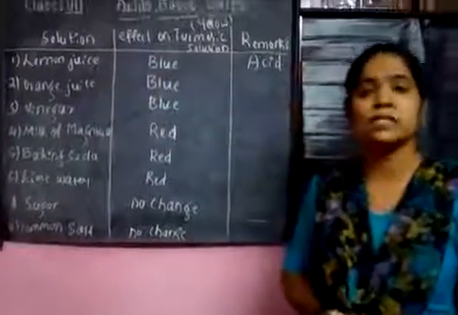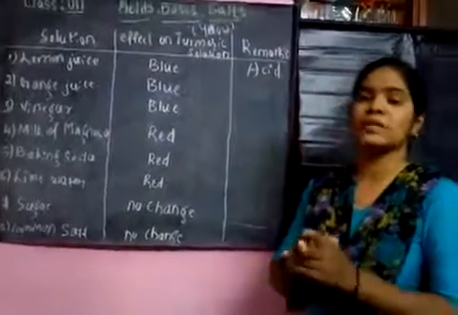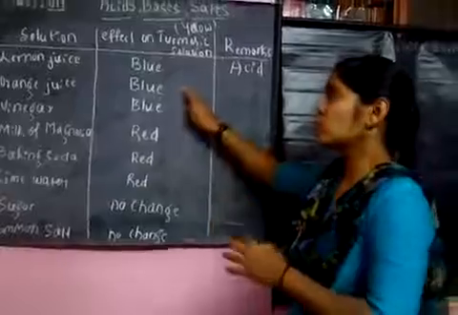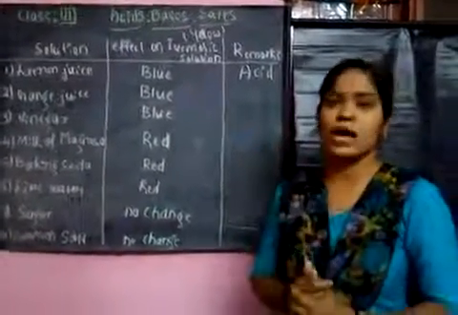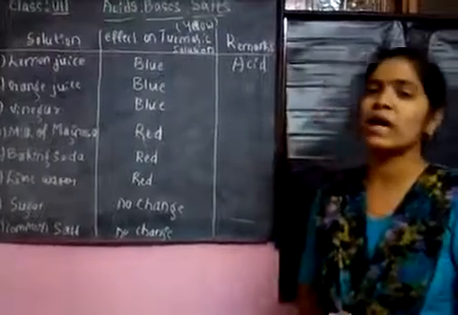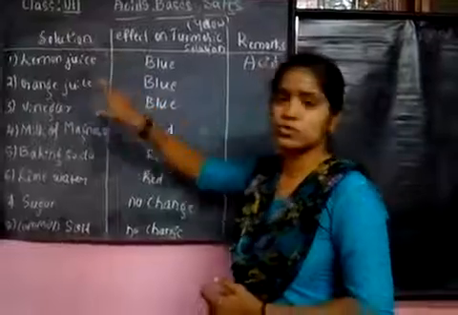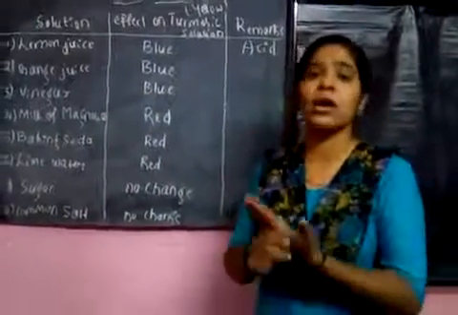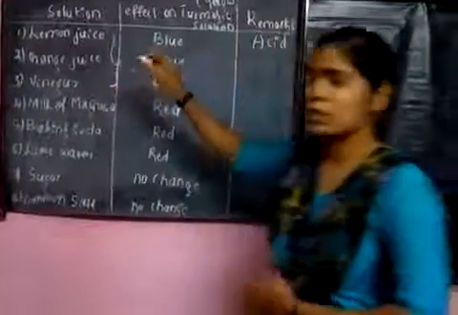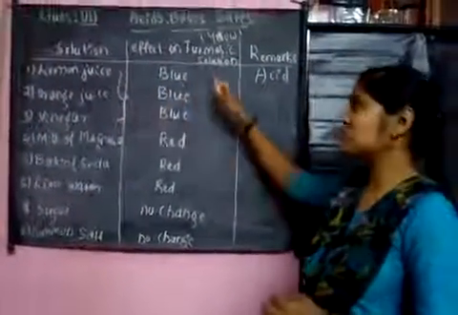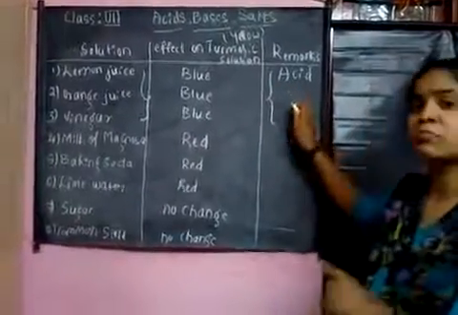So from this we can say that any solution which is rich in acidity changes its color to blue. Meaning the solution will change to a blue color, then there is the presence of acidity. Some examples of acidic materials are orange juice, vinegar, lemon juice and tamarind. These are rich in acid, and they will change their color. Whatever may be the initial color, they will change to blue. Then we say that those materials are acidic materials.